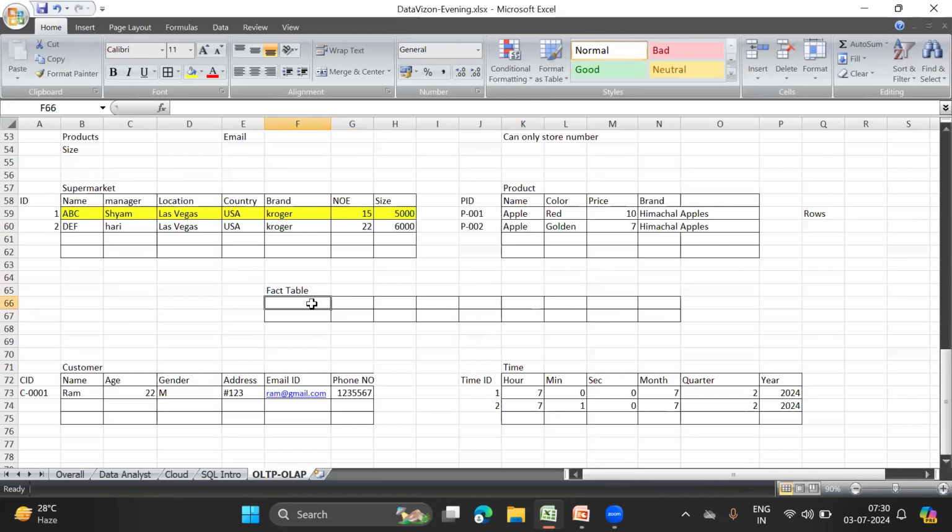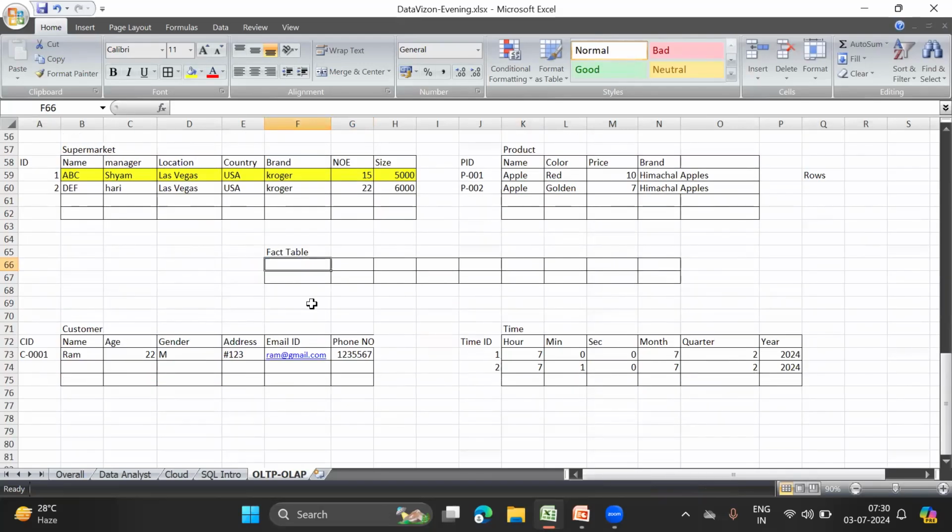Over here, when I am talking about a transaction, let's see what all details I need to store in my fact. First of all, I need to understand which customer did the transaction, in which store he went, what was the product which was sold as a part of this transaction, and then what was the quantity sold. And then I also want to see what was the total sale amount, what was the discount, for example, what was the GST as a part of that transaction, how much profit was made as a part of this transaction, and who did the transaction.